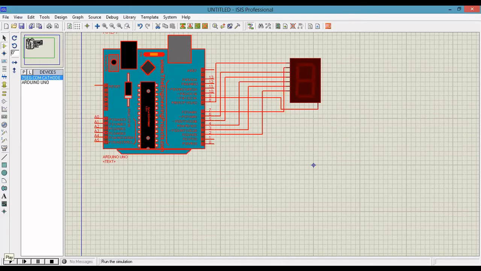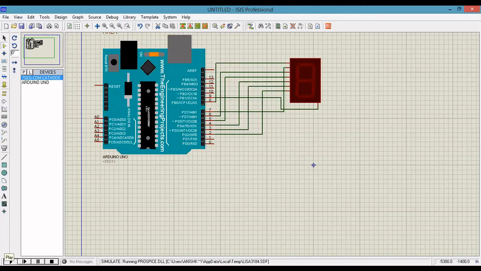Next, press the play button. So now we can see the display. We can check the connection.